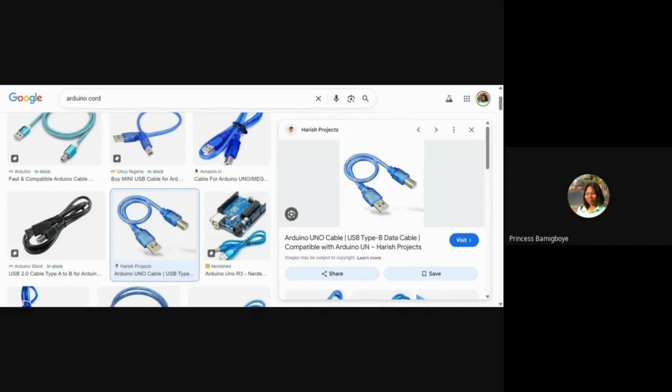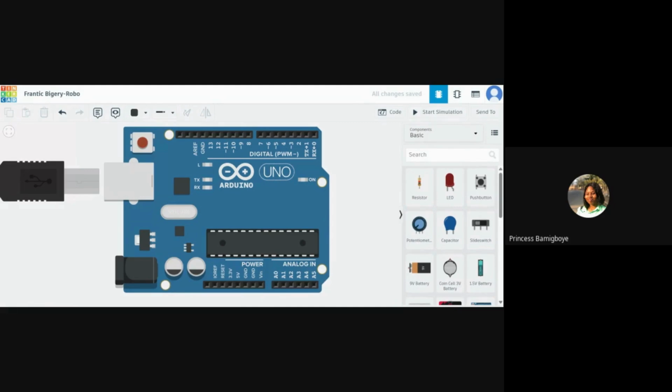Then the reset button. What the reset button does is, let's say when the RAM is running slow on your phone, you look at all the tabs and close all of them, right? So this is the part that connects to the Arduino after I've connected it once from your laptop, and that allows you to upload the code.